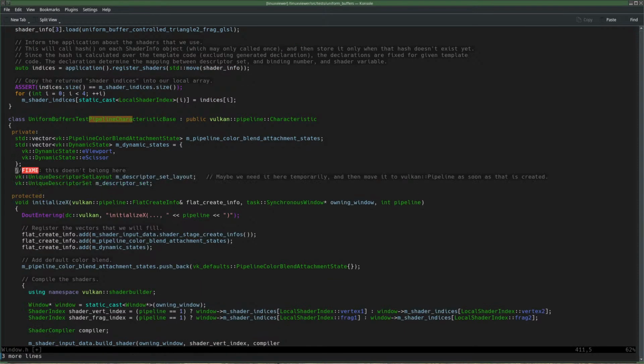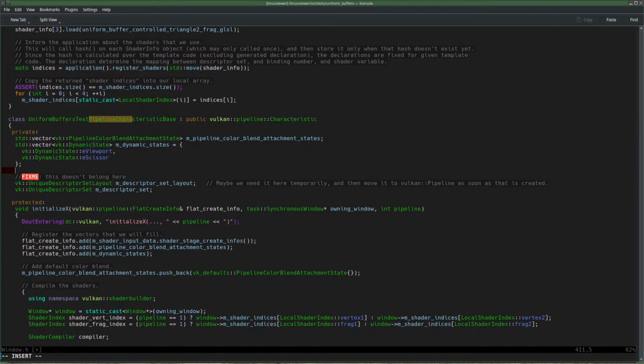So I'm going to put that here, and let's give them a sensible name. I'm going to call this top, and this also.